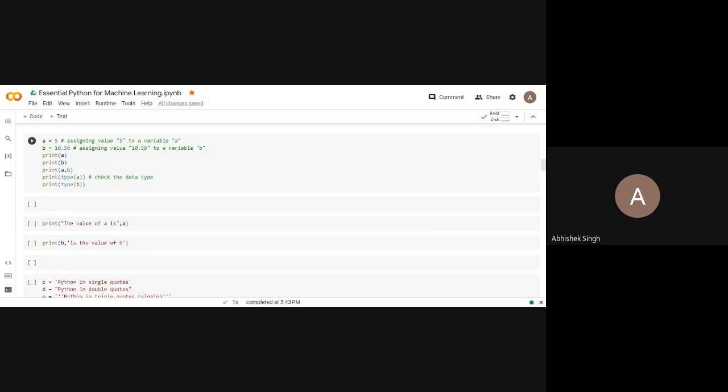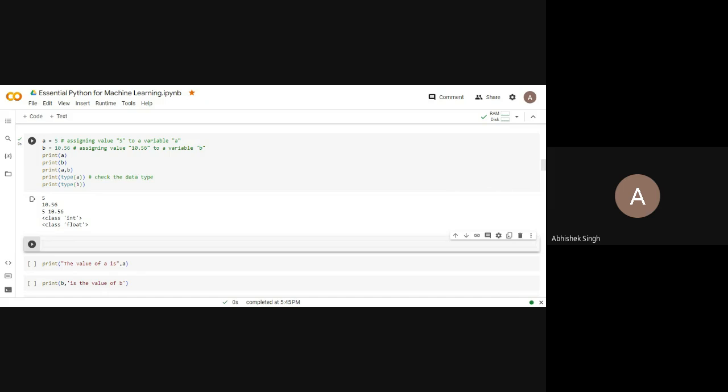Then I am using another very important function, called the type function. I'm printing type of a and type of b. When I run this, you can see 5 has been printed for print a, 10.56 for print b, and 5 and 10.56 for print a comma b. Then the type of a is integer.